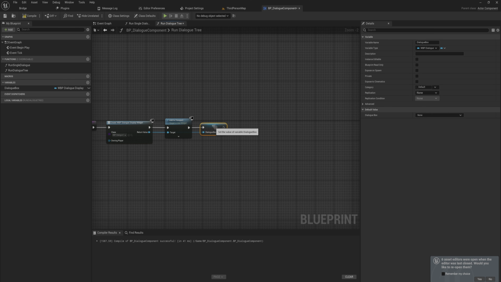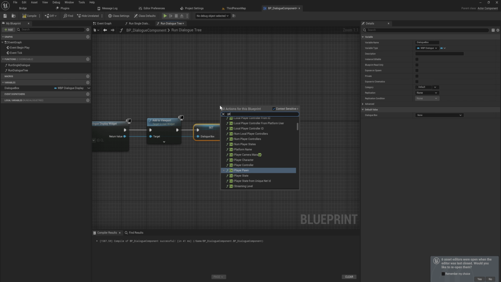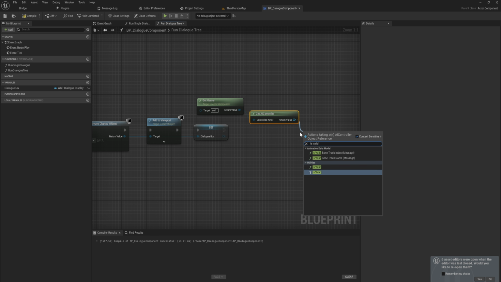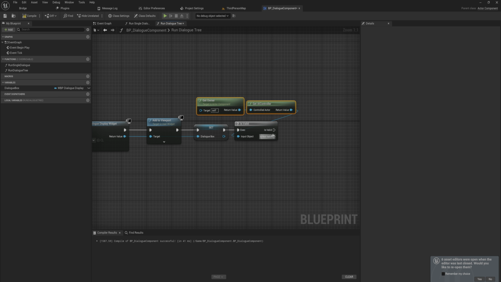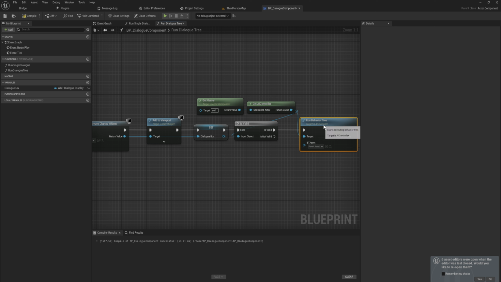And after we have done that, we can run the behavior tree. And the way we're going to do that is we're going to get the owner of this component, and then we're going to get the AI controller on that actor, and we want to check whether or not this is valid to begin with, because if this is on an actor that doesn't have an AI controller for whatever reason, we don't want to be able to run this at all. But if this is valid, that means that we have an AI controller, which means that we very much can run a behavior tree. The behavior tree is going to need to get an asset in for which behavior tree